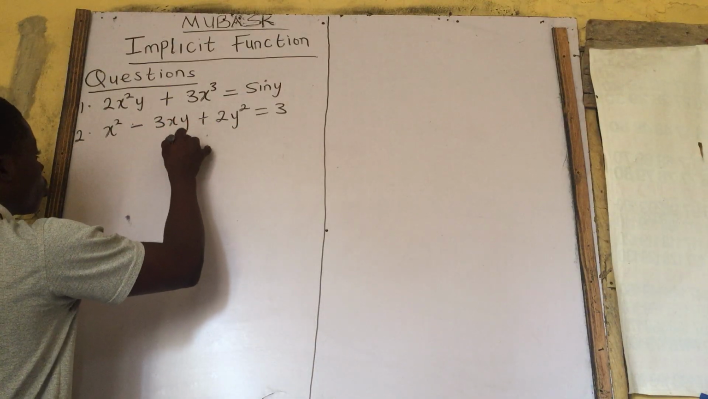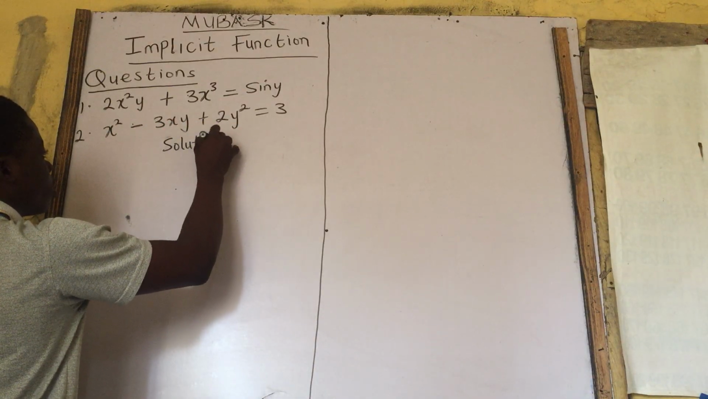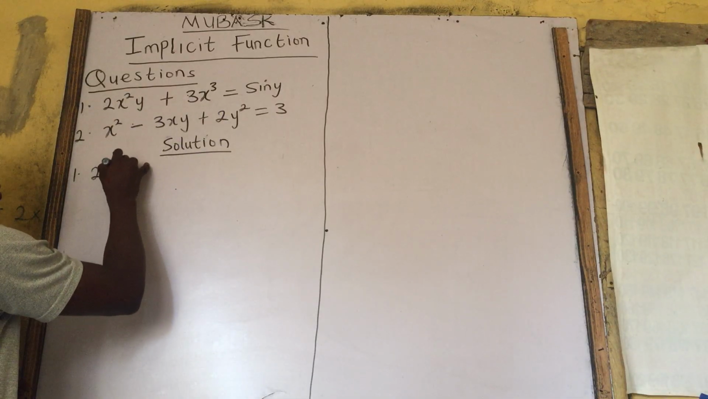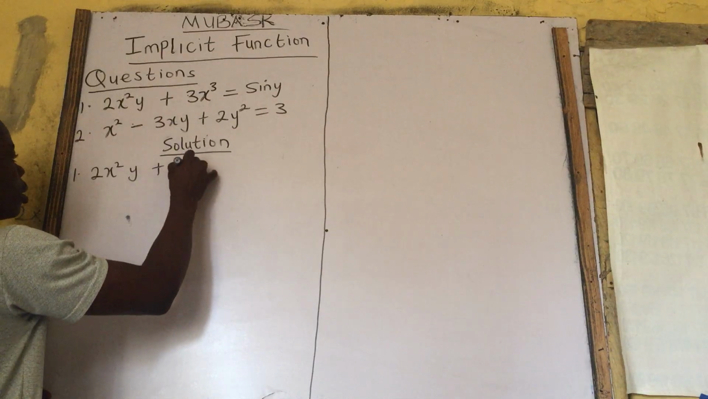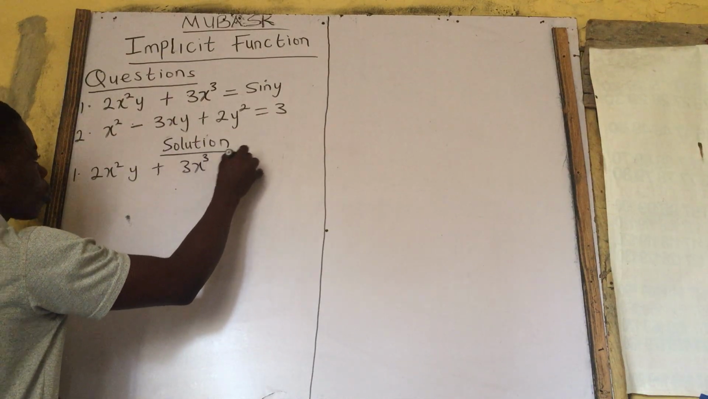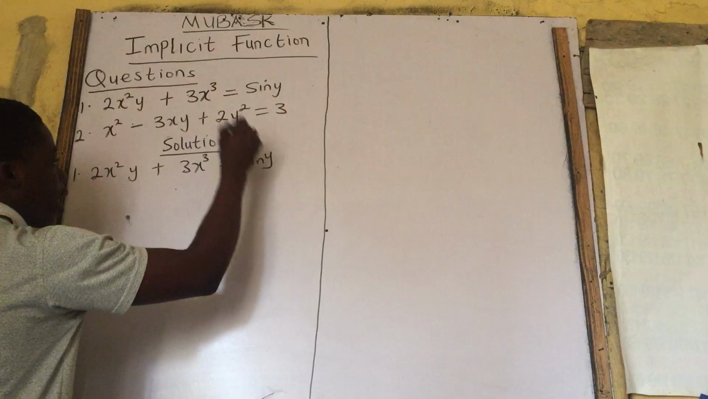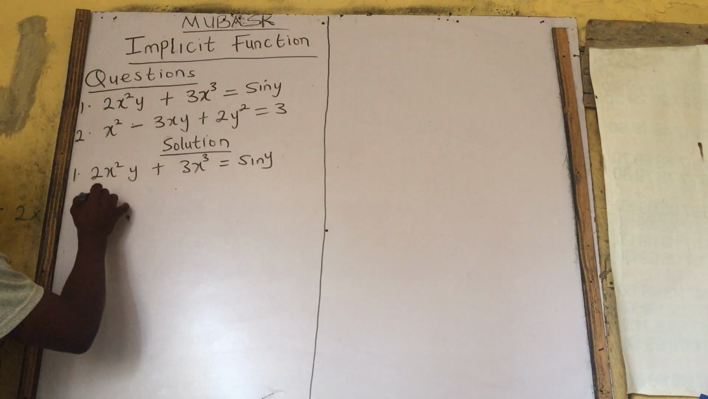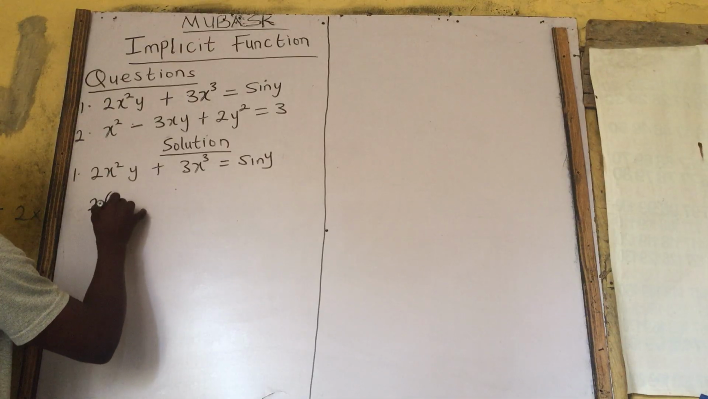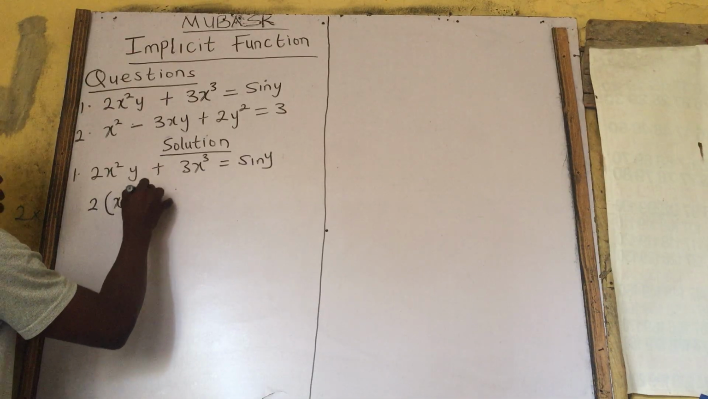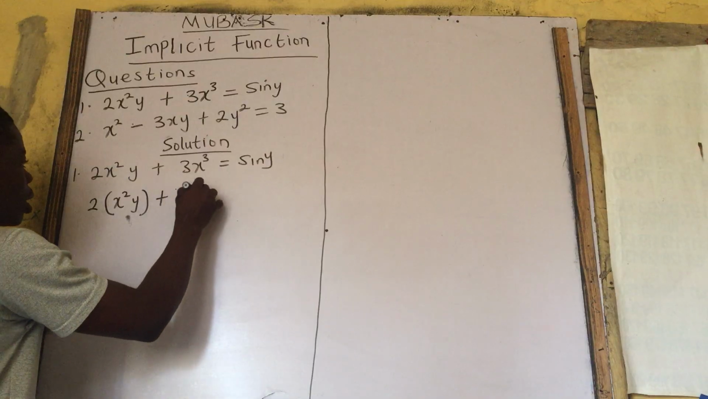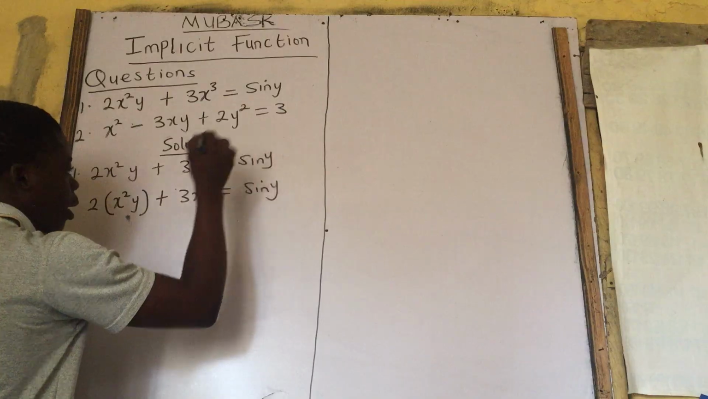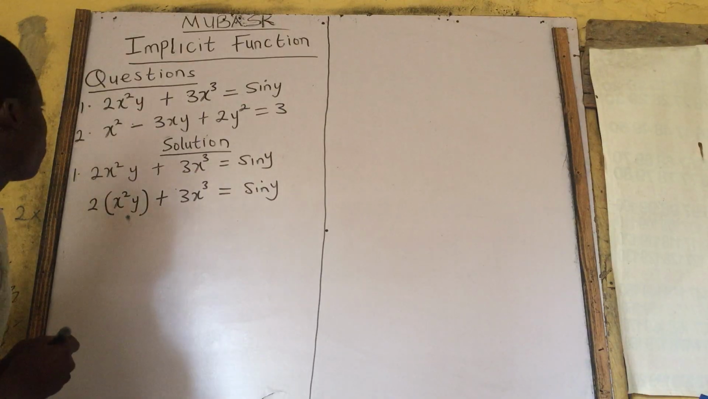Now, solution to the question given to us. Question 1: 2x squared y plus 3x cubed equals sine y. Also, I can write the question back like this: 2 open bracket x squared y close bracket plus 3x cubed equals sine y. In implicit function,